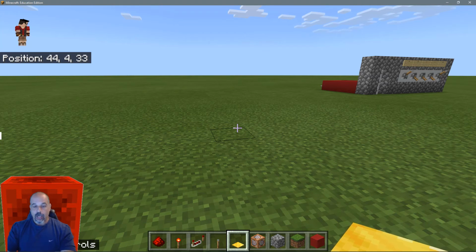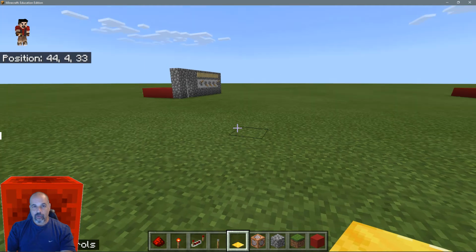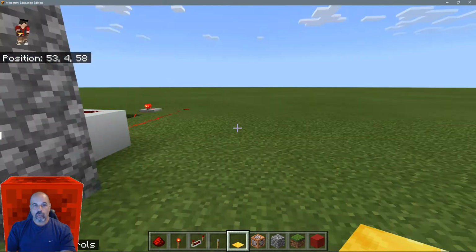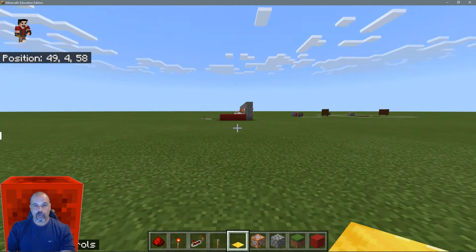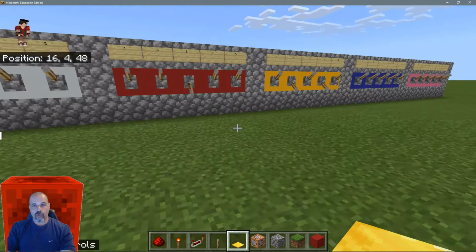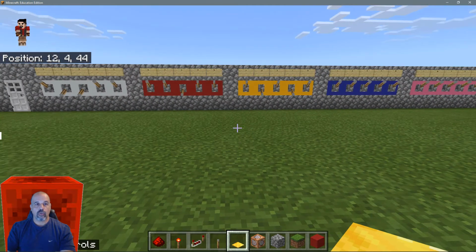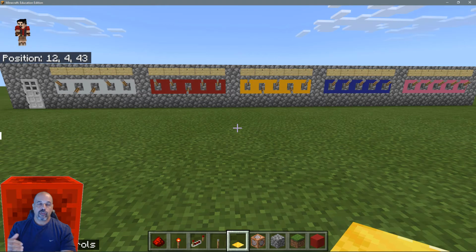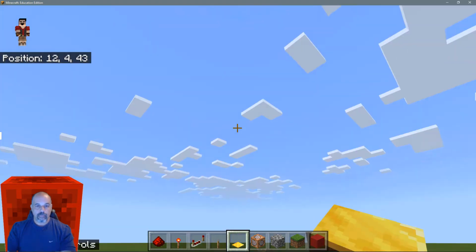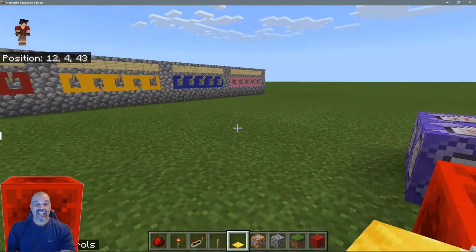Okay, the next step before I show you how to clone this so you can have something like I've got over here, I'm going to show you how you can actually protect the world so that students can't break things, they can't change the game mode, and they can't cheat